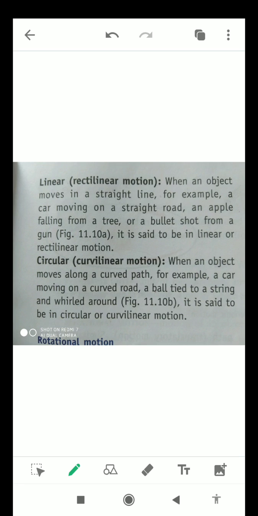Rectilinear means straight. Okay, when any object moves in a straight line, then it is said to be in rectilinear motion or linear motion. Now the second one is circular or curvilinear motion. As the name suggests, when any object moves in a circular path or on a curved path. For example, a car moving on a curved road, or a ball tied to a string and whirled around, it is said to be in circular or curvilinear motion. Okay students,